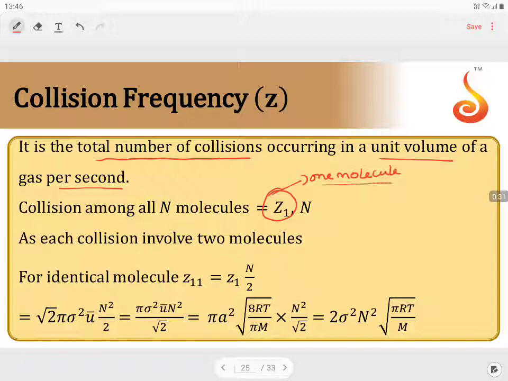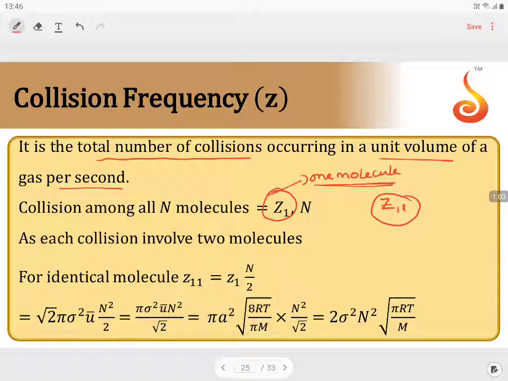But here we are talking about the collisions that are possible by all the molecules in the same unit volume for the same time period of 1 second. So Z1 talks about the collisions made by one molecule in unit volume per second. Z11 is the terminology used to indicate collision frequency, where the number of binary collisions that can be possible overall in a unit volume of the container in 1 second.